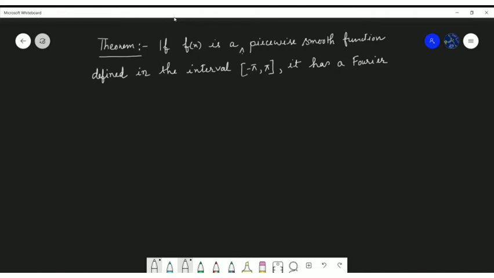Here it should be periodic. Okay, periodic. What we should not forget is that it has a Fourier series,